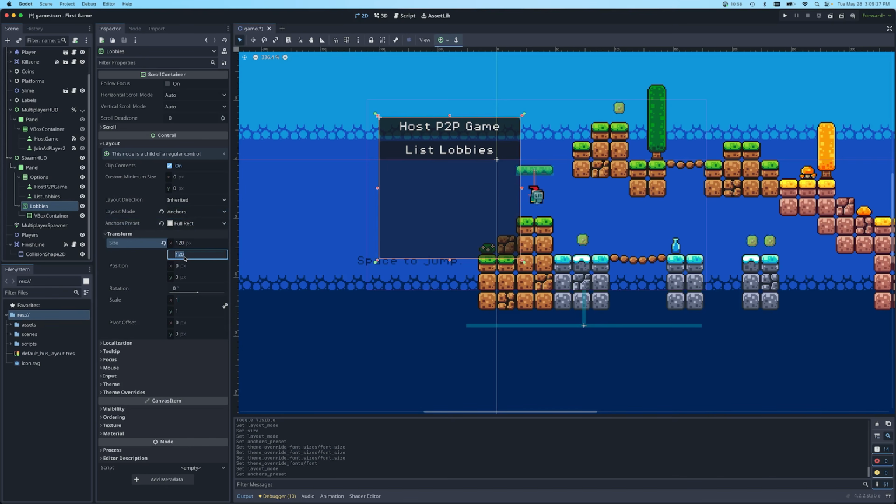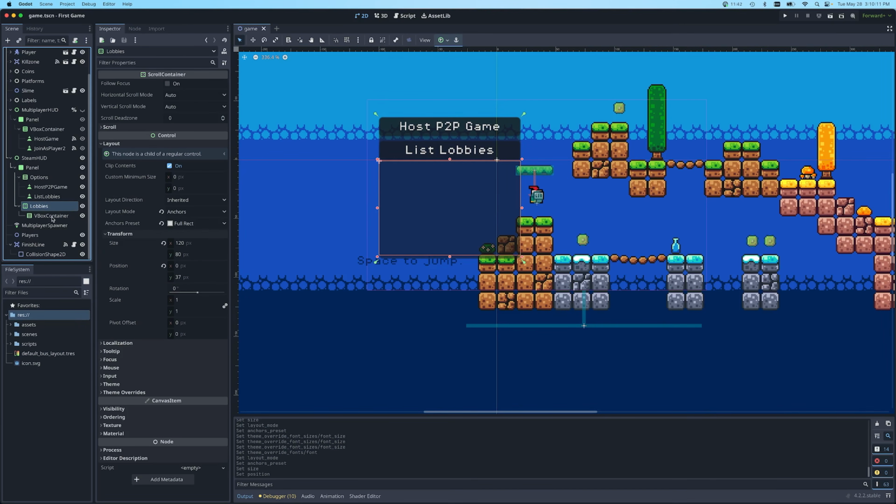So let's move the Y to 80. We don't want it to take up the whole length of our panel here. And we also want to move it down a little bit to give room for our buttons. Otherwise, we won't be able to click on the buttons. So let's move it down to 37. And as you can see, it's out of the way of the buttons and we'll be able to correctly click